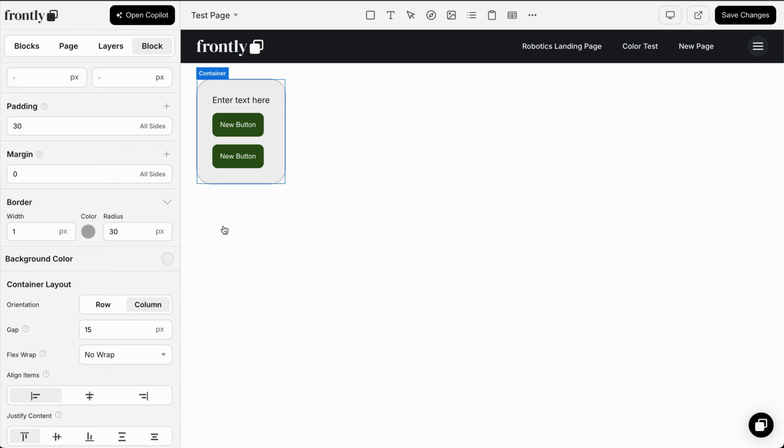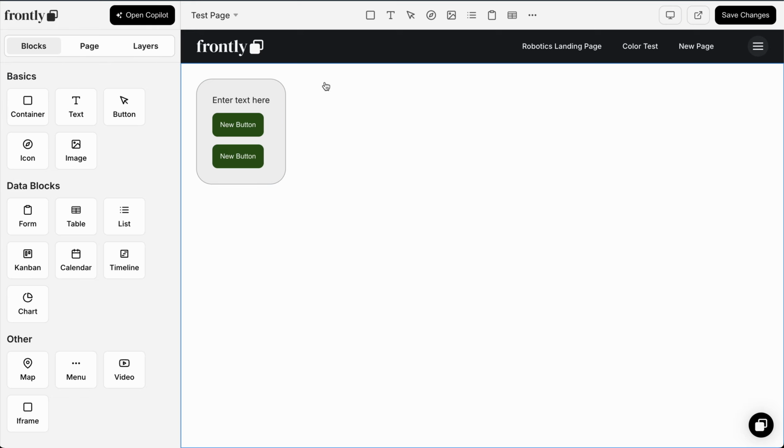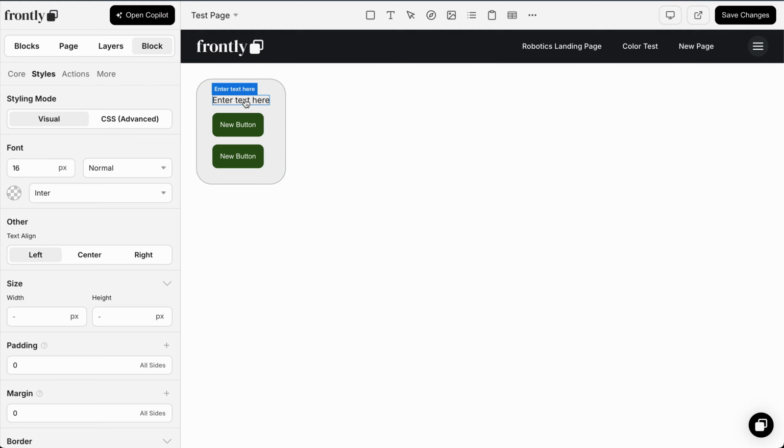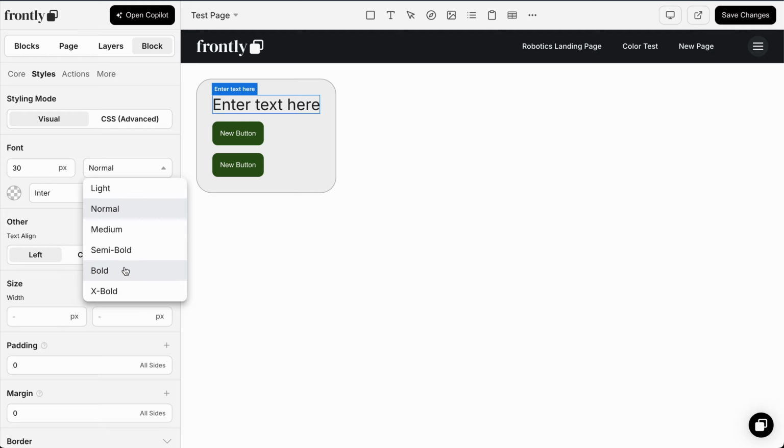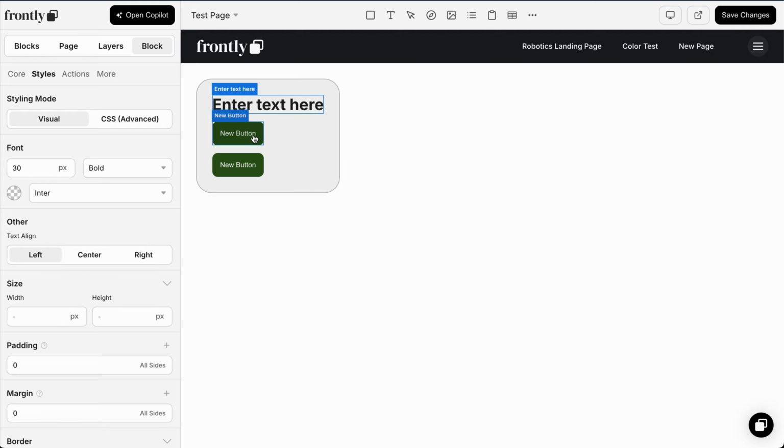Now, border radius is really cool. It allows you to add rounded borders to things. This is a nice modern way you'll see in a lot of modern designs. It's just friendly rounded cards, things like that. And of course, every single block that we have is quite stylable. So I can increase the size, I can increase the boldness,